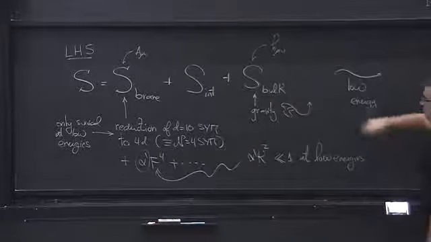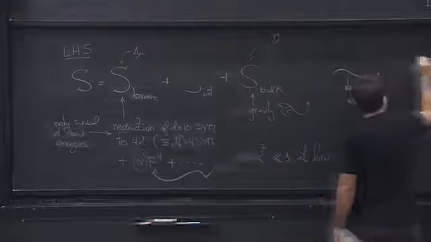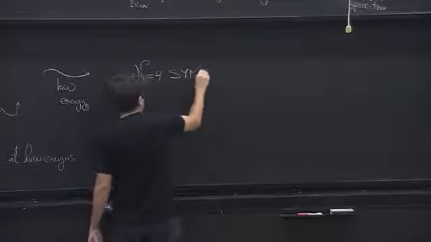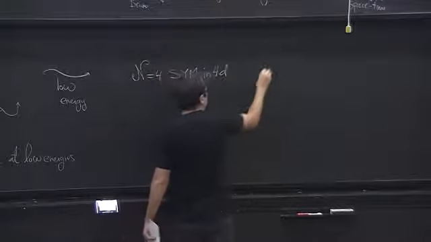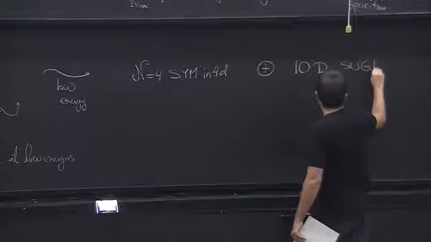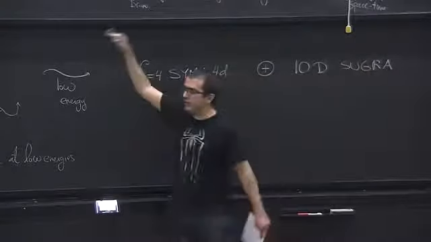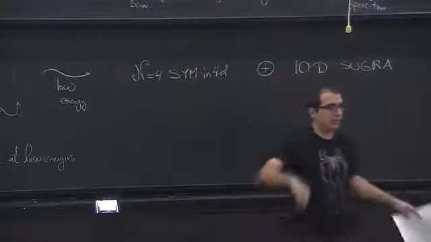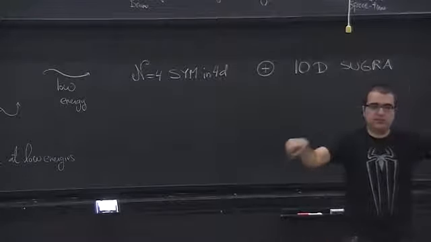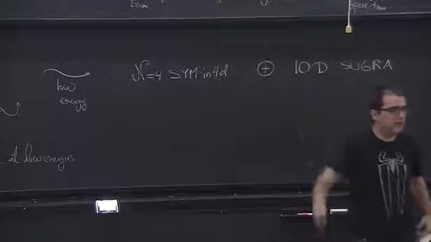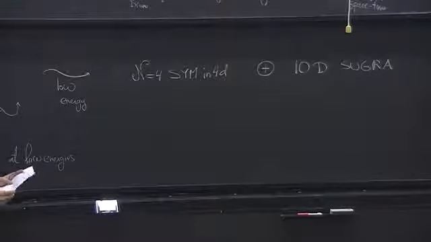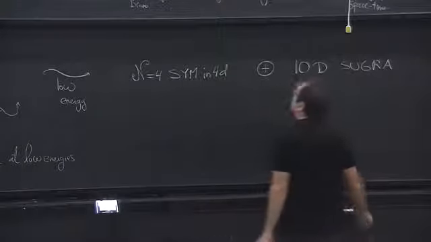And what we get in our lab when we take low energies is N=4 super Yang-Mills in 4 dimensions, plus 10-dimensional supergravity. That is, we have the gravitons moving at infinity, free, far away from the brane. They don't even know there is a brane; they are just living their lives, the usual closed string degrees of freedom, all these gravitons moving around, decoupled from the rest of us. Okay? Good.